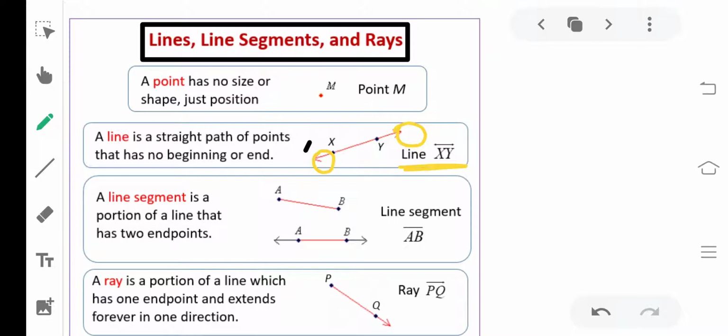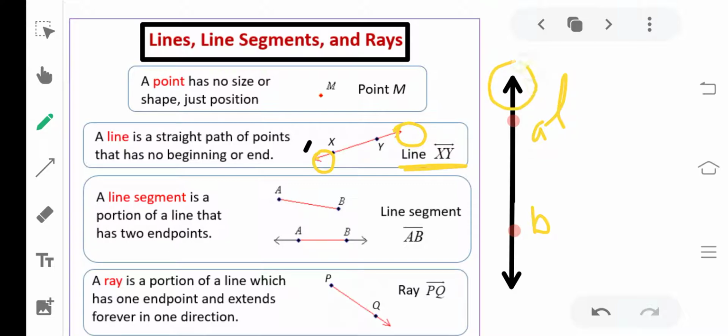Okay, the main point is that the line extends infinitely on both sides. These are the two sides of the line. I will show you. See, this is your line L. It has this one end and it has this one end. It can go and go. No one can stop the line. And a line can extend and extend in any direction, but it extends in a straight or linear path. Okay, don't forget it. We will study about the line segment.